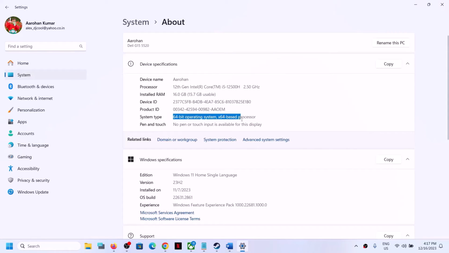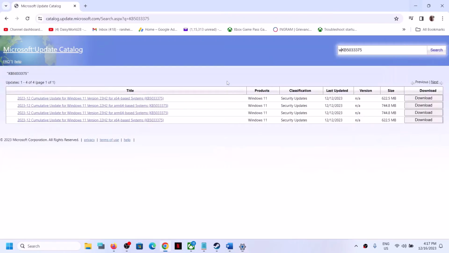I have a 64-bit operating system, x64 based processor. So this is the right one, x64 based system. My version is 23H2, and so this is the right one. So click on download